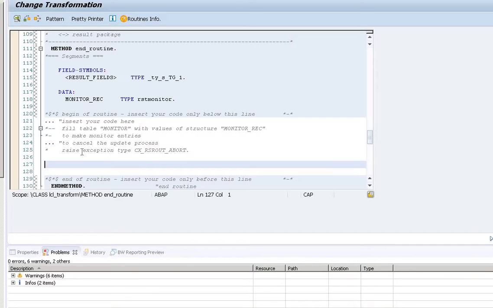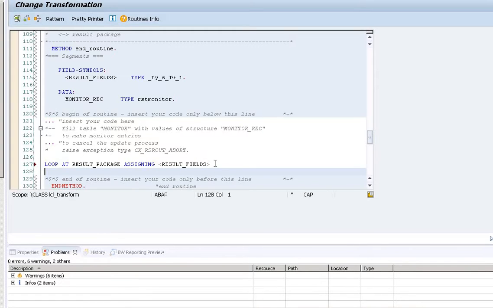So I'll be giving you a very quick example about a loop. I will write a loop at result package, and you have to assign it into a field symbol, and your field symbol will be result fields.